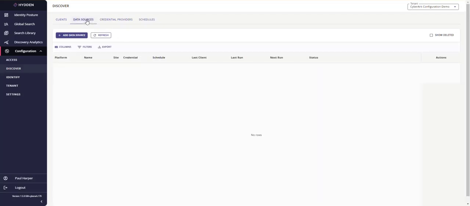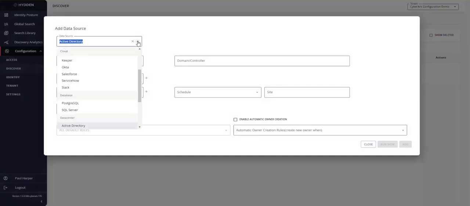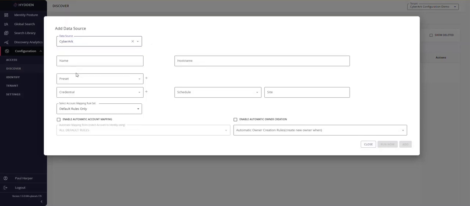And we can now configure our CyberArk platform as a data source. If I click on add data source, in the drop-down, one of our data sources now is CyberArk. So I'm going to say CyberArk. We can name our data source anything that we like. Again, for this example, I'm just going to put in my CyberArk Cloud Platform. We need the host name, or basically the URL where, in this case, my CyberArk Cloud platform lives. So it's Hydden